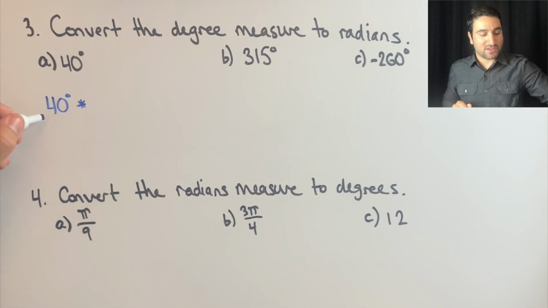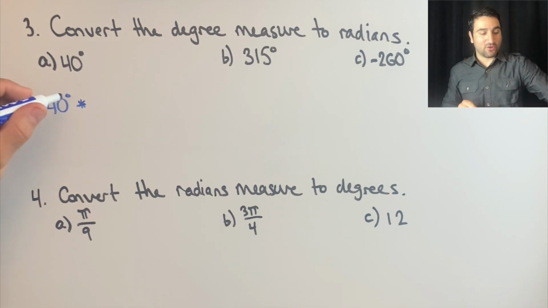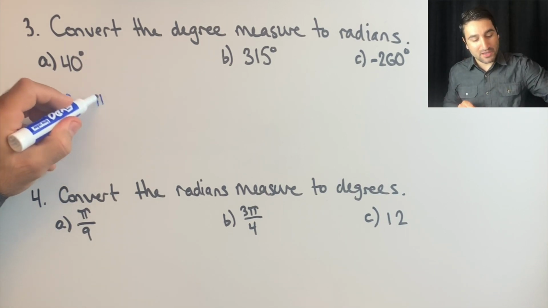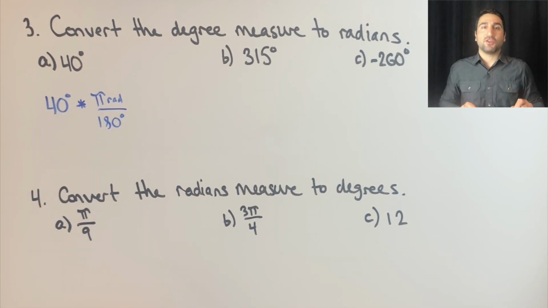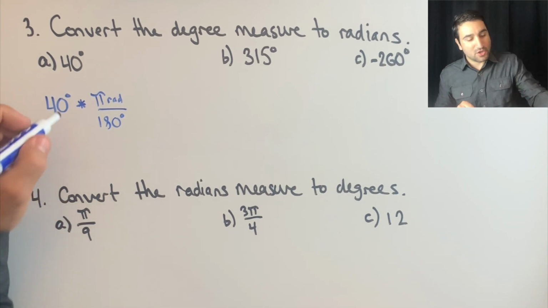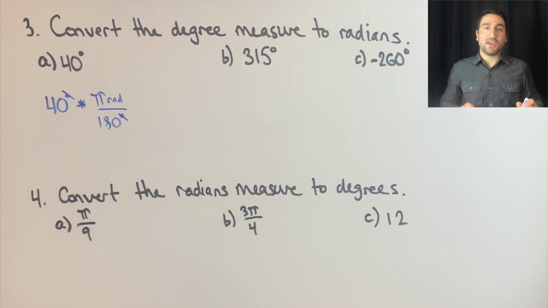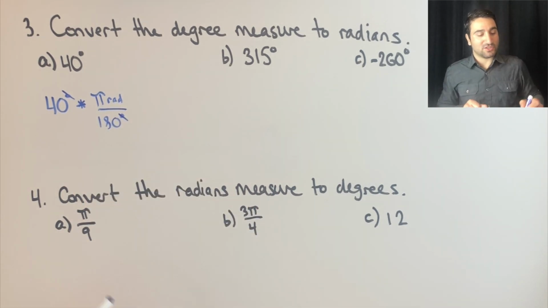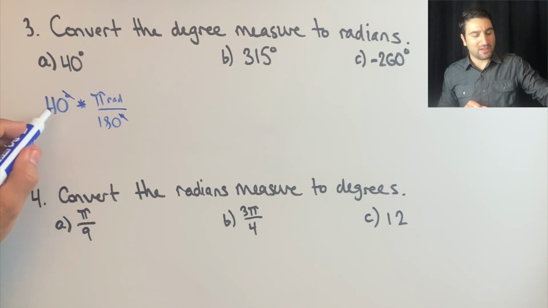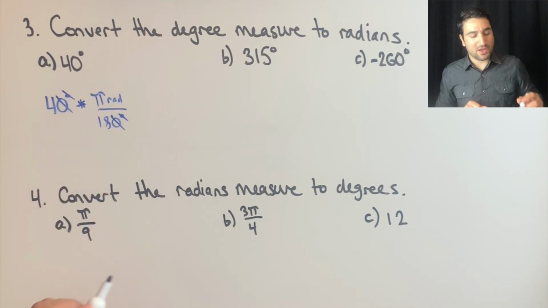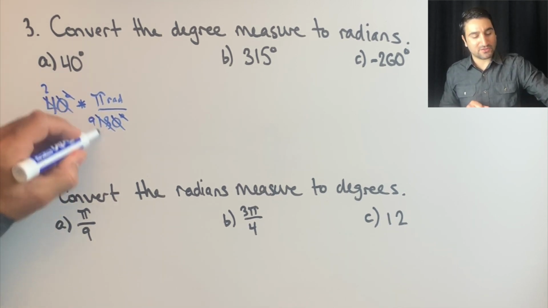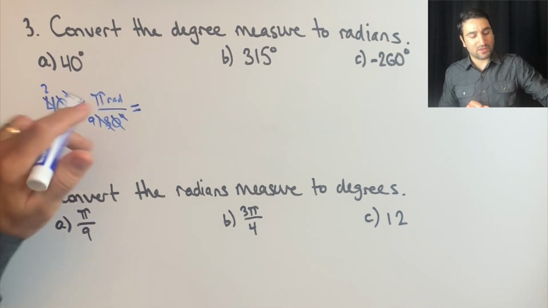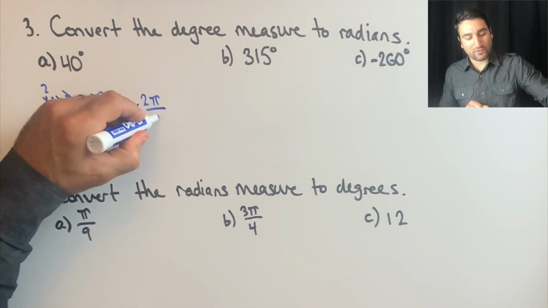So the thing that represents an equal unit 1 in terms of degrees is pi radians over 180 degrees. Notice we put the degree on the bottom so that the degree units cancel out, and the units that you're left with is radians. At this point, we just need to simplify 40 over 180. So we can divide by the tens, and then take out 2. So that's 2 over 9, and that will leave us with 2 pi over 9